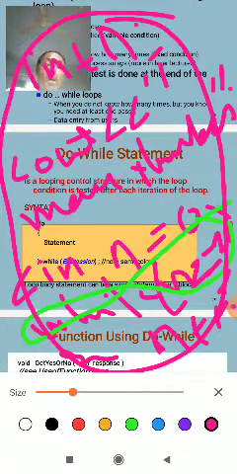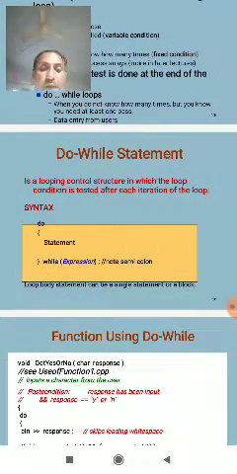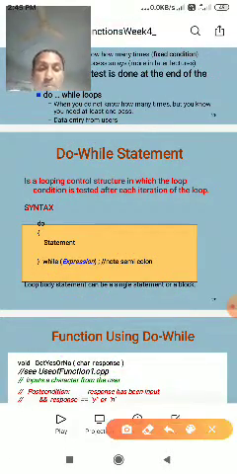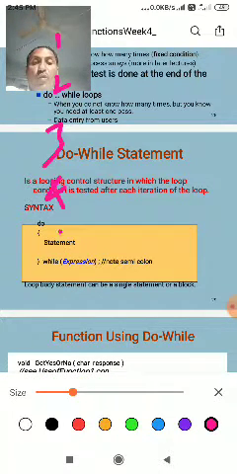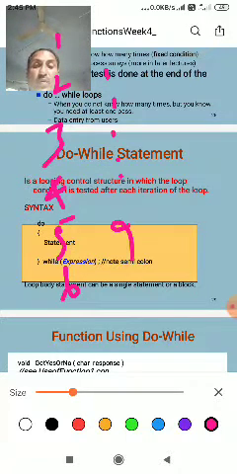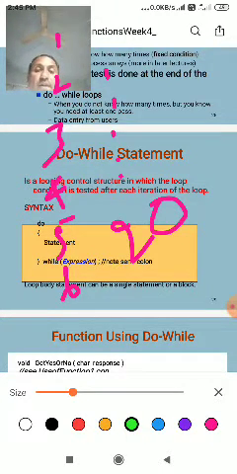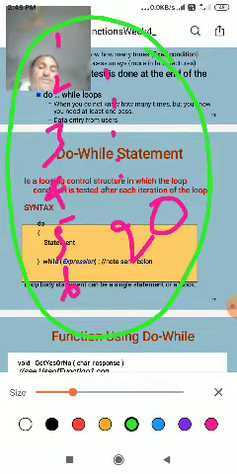In the while loop statement, the natural numbers print 1 2 3 4 5 6 and so on up to 20. This is called the given natural numbers.